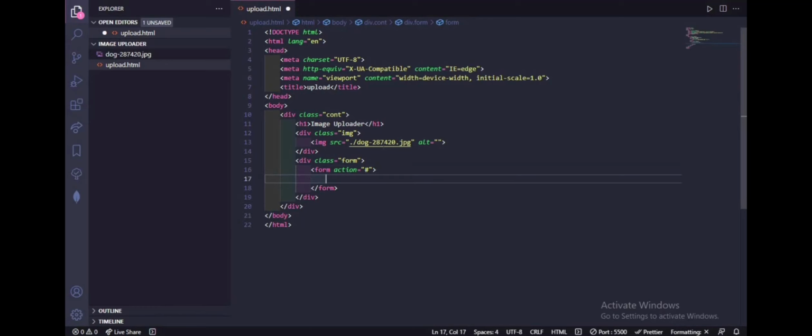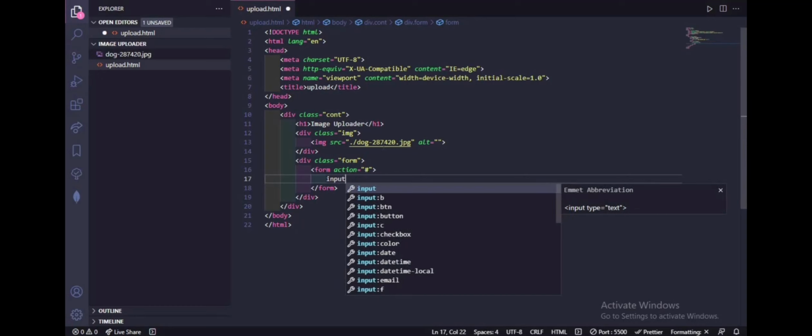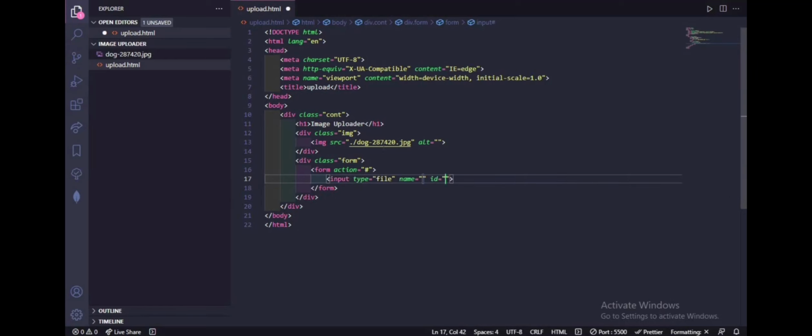So then I'll say input. Okay, sorry, typo error, my bad. Input with a type of file. Yeah, input with type of file. Then name, I'll name it upload. Then for my ID I'm also going to say upload. Then beneath that I'm going to give the label,